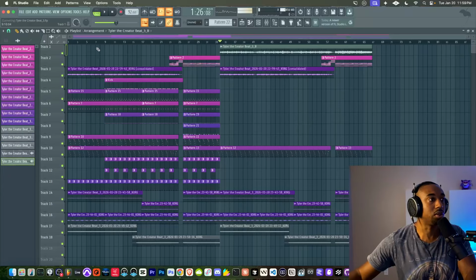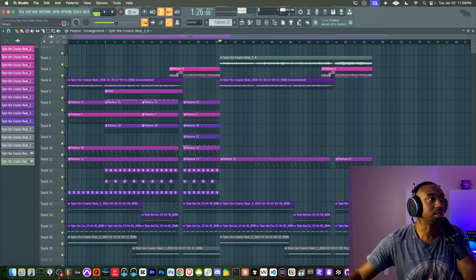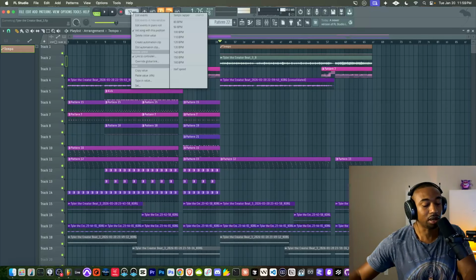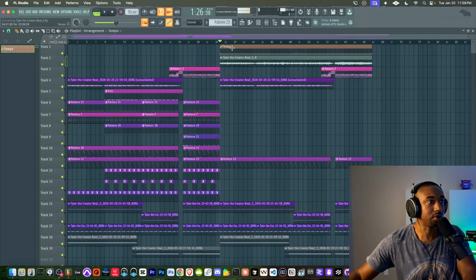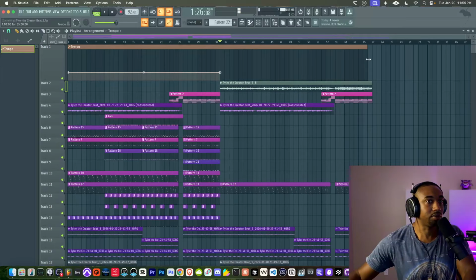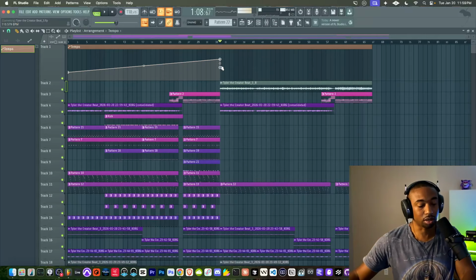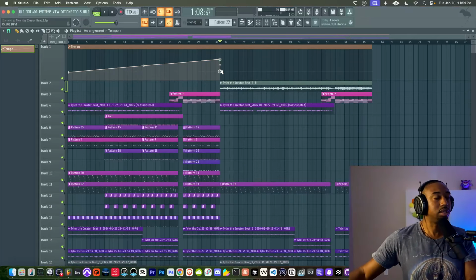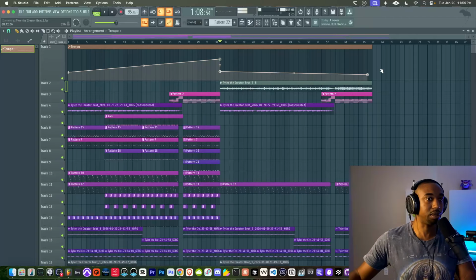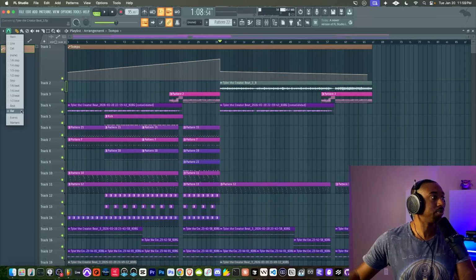So I'm going to show you guys a way to automate the BPM. Let's insert a track and let's right click, create an automation clip. You want to copy by right clicking and hitting copy value for that first BPM. And now we're going to make sure we have a node. So basically I'm going to drag this higher so that I can for sure start at 90, or at least, and basically you're going to move this node higher so that you can go wherever you need to go with this node and then just paste back 92 BPM. It's just easier to do it that way.